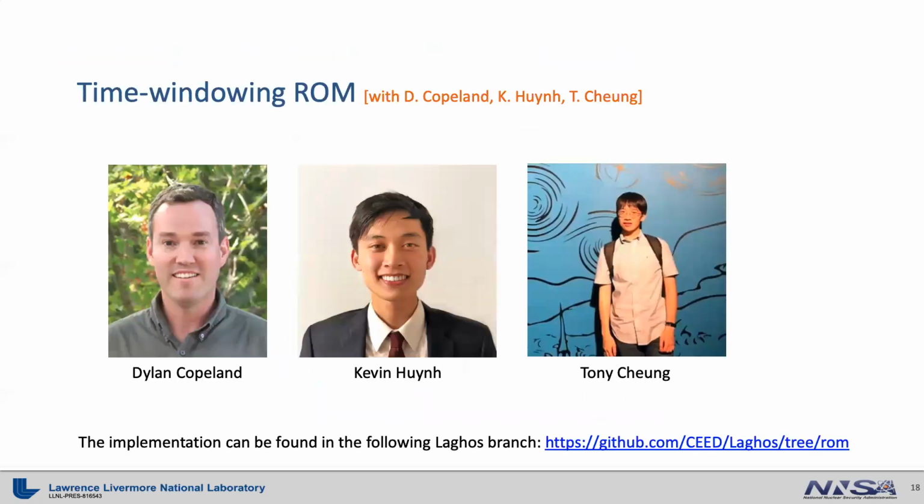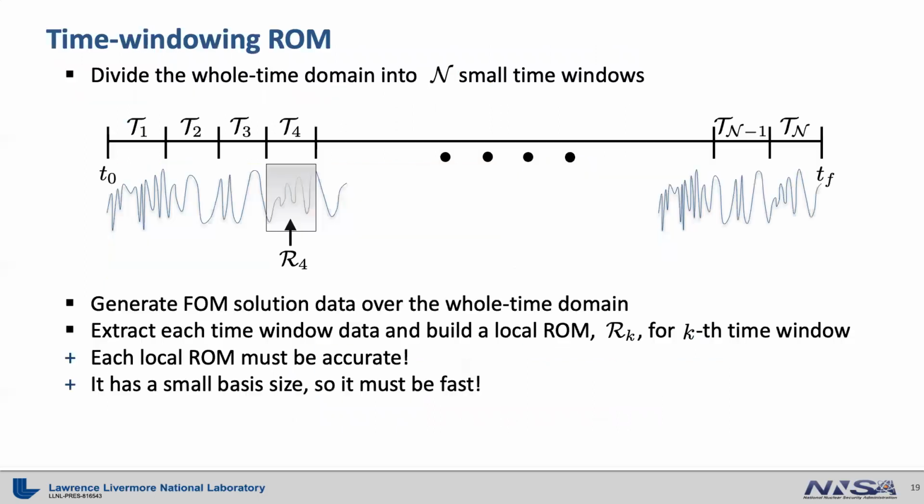In order to address this issue, we have developed a time-windowing reduced order model. The idea behind the time-windowing reduced order model is very simple. Because you need to include all the data if the simulation is advection dominated, you divide the time domain into several windows, as shown in the picture here. Then for each time window, you can build a local reduced order model. That way, each local reduced order model size will be very small and will accurately and efficiently represent the advection